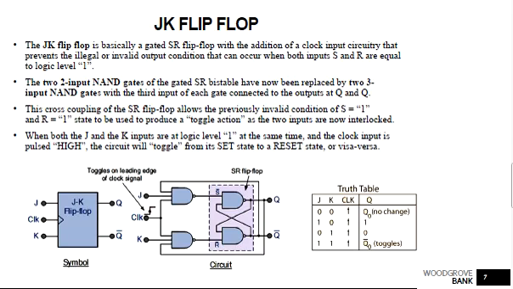So the JK flip-flop is basically a clocked SR flip-flop but with a feedback, and this feedback enables only one of its two input terminals, either set or reset, to be active at any one time, thereby eliminating the invalid conditions seen previously in the normal SR flip-flop circuit. But there is also another problem with this kind of JK flip-flop.